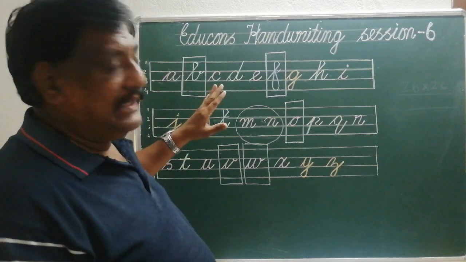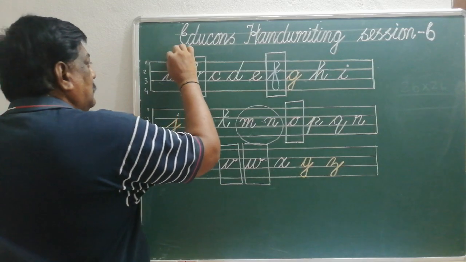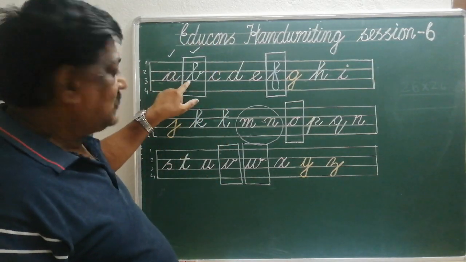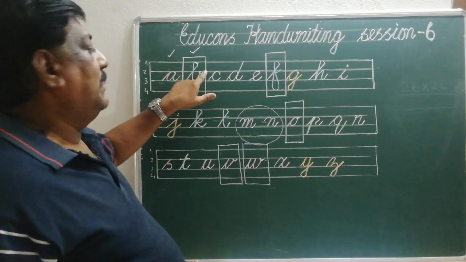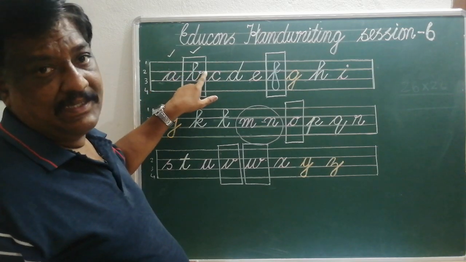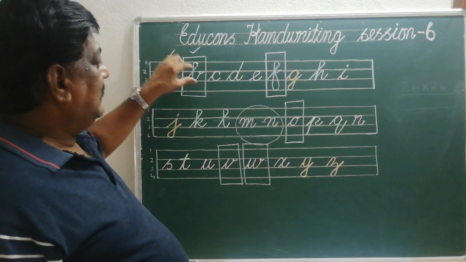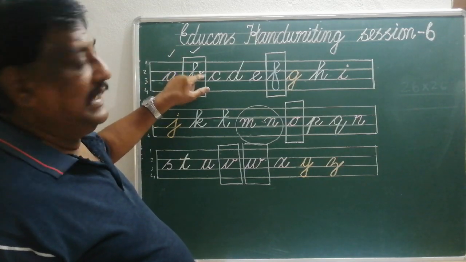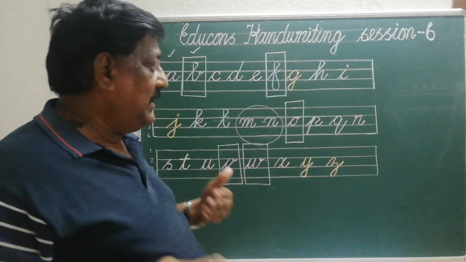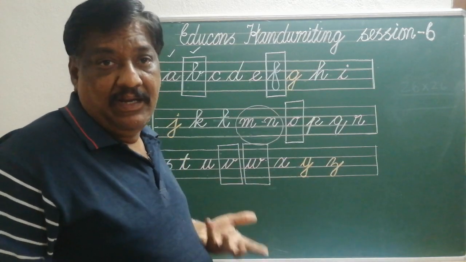Okay, like that I am going to select now for this session the first two letters. Why? Because both starting points are the same, but the ending point differs. Here the ending is in the middle, here the ending is in the second line. Now we are going to see how the joints will be when a letter ends in the middle and when a letter ends in the second line. It's very simple. That's why, with that confidence, we are giving you the time, so you can learn in a very short time.